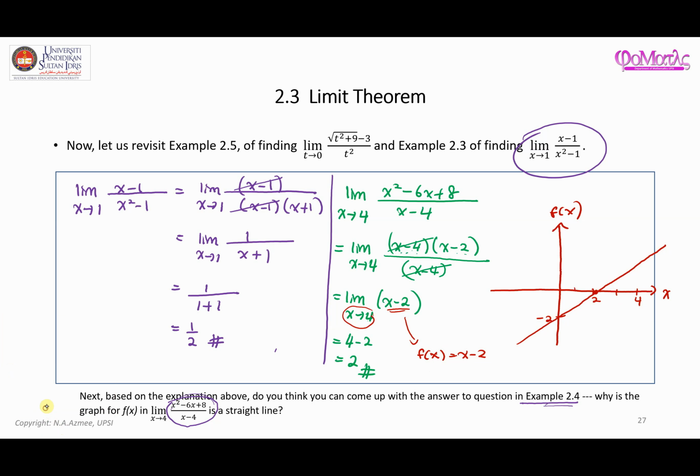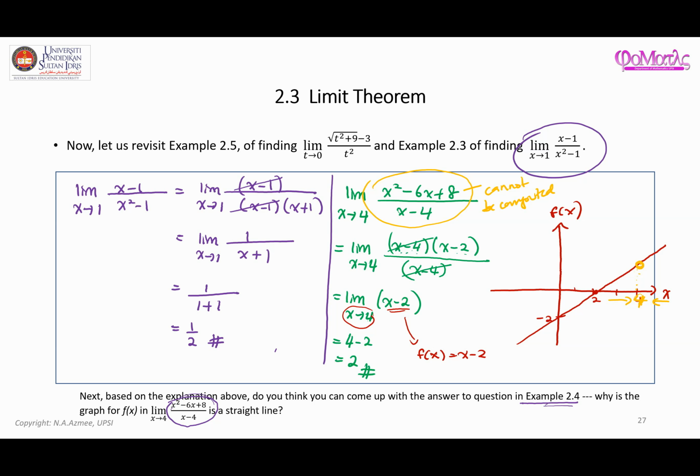I'm just going to change the color here. So 4 is the value of interest, where it can come from this direction or that direction. And you can see that for the specific point here, if you substitute 4 into the original function, this function cannot be computed, because the denominator is 0. So therefore, at point 4 here, there is this open circle, which indicates that there is no value for x equals 4. However, based on the definition of limit, it doesn't matter, because the limit considers values that are